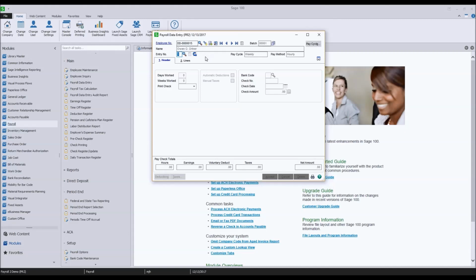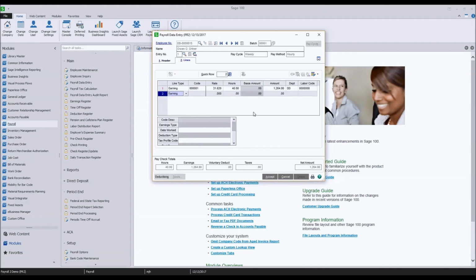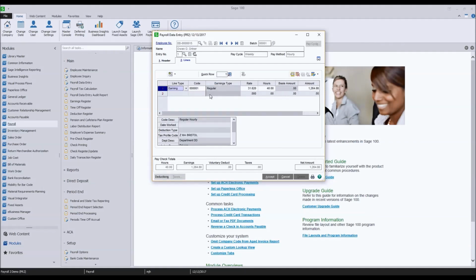So I'll grab my one employee here, and we can see how the data entry is more grid-like and actually makes it a little bit easier. If I want to drag columns up, I have that ability now. So I've got the ability to customize my data entry a lot more than I have had in the past.